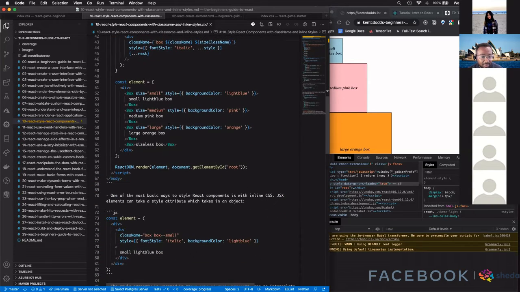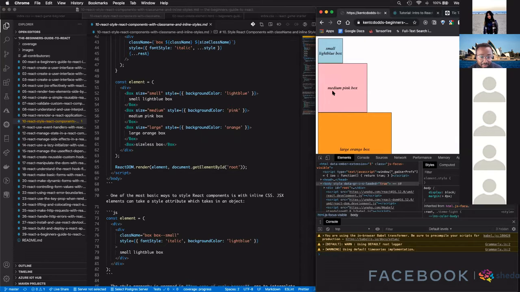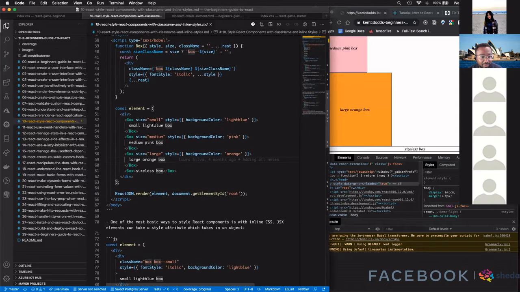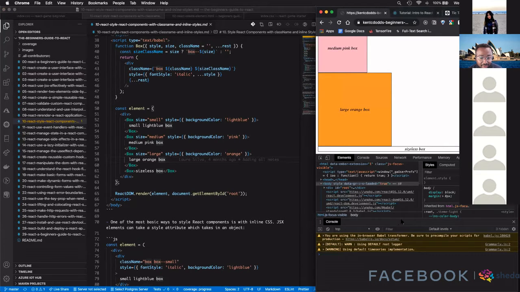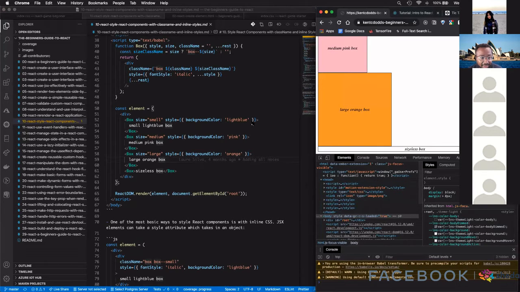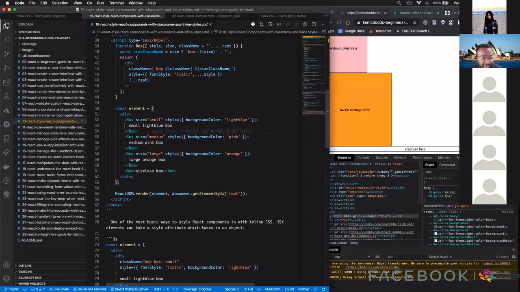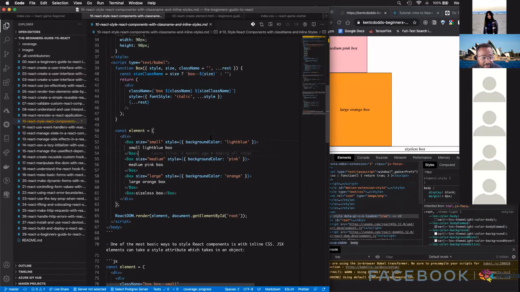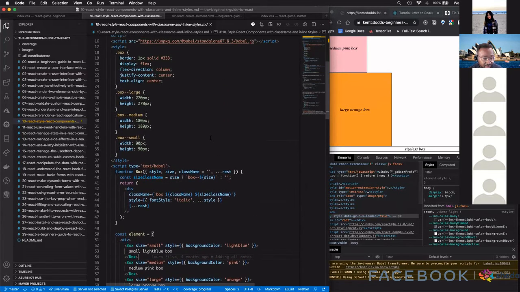So if we look at the output here, we have a small light blue box, medium pink boxes, and a large orange box. And we're using this property size to determine which CSS to use for this. So this is a clever way of creating dynamic components that can display differently based on different actions. So if we look at this, for example,